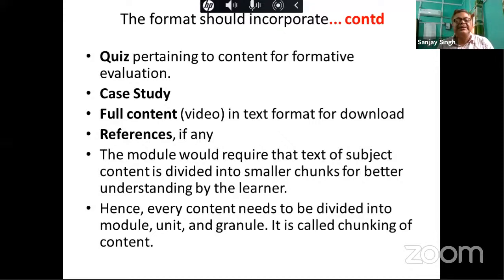That's why it is said that subject content is divided into smaller chunks, smaller pieces of information, for better understanding of the learner. So the learner can understand it properly. Just one or two sentences of information are given, and by going through that information, you can learn and understand the subject properly. Nowadays, Wikipedia also, if you go to Wikipedia and search anything, right